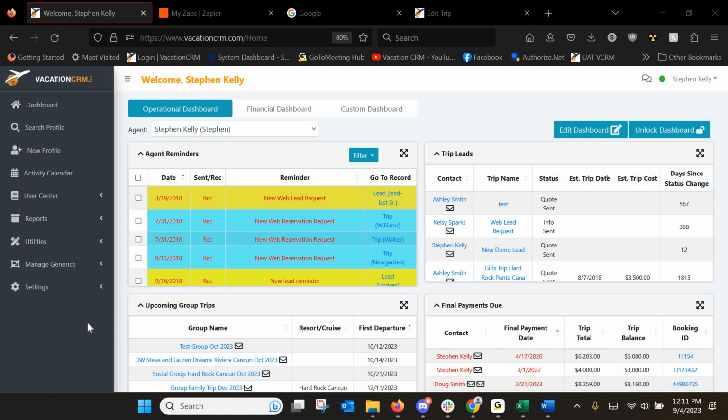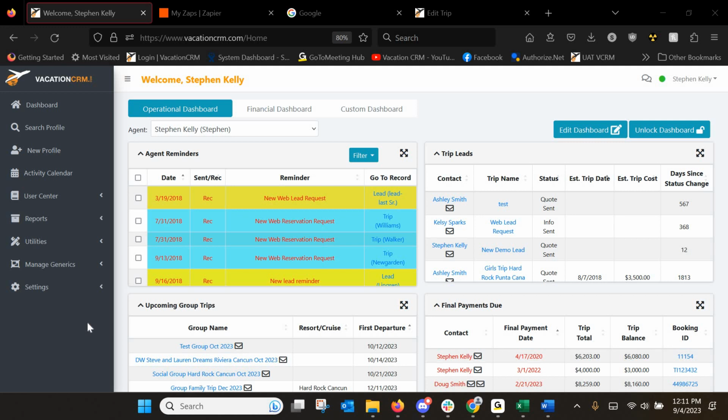This will be instructions and an introduction to the release that we did this morning, which is a beta version of integration with Zapier. For those of you that aren't familiar with Zapier, it is essentially a software or service that allows two other pieces of software that normally could not communicate with each other to be connected. It serves as the bridge between the two,